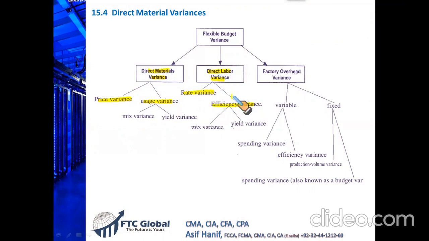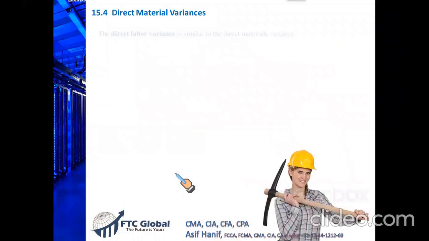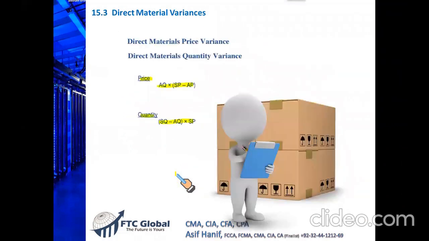Once we are done with the direct labor variances, then we will do the material mix and yield variance and labor mix and yield variance. So at least this part would be over. So far, what we have done, we have just learned this formula in the previous slide. Price variance, standard price minus actual price into actual quantity. This actual quantity sometimes is quantity purchased, sometimes it's quantity used. And the quantity variance is standard quantity that you should have used minus actual quantity that you actually used, multiplied by the standard price. If you see my formula sheets, you will see the same formula for labor also.